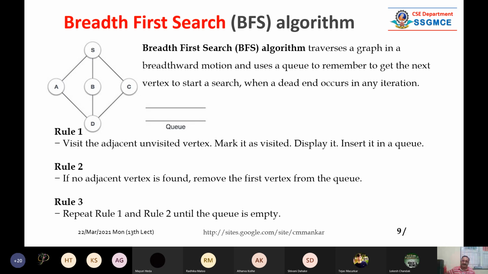So this is a simple algorithm. You can take the screenshot for understanding, because कुछ लोगों को लगता है कि भाई ये बहुत आसान है, but sometimes it depends on the type of graph. ये ग्राफ बहुत सिंपल है इसलिए आपको आसान लगेगा, but you should refer to the particular algorithm every time. So these 3 lines are there, rule number 1, 2, and 3. This is nothing but the algorithm. It is a way of representation of the algorithm.